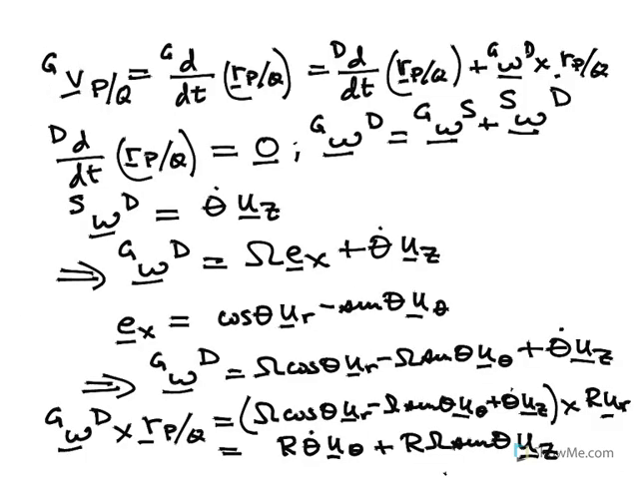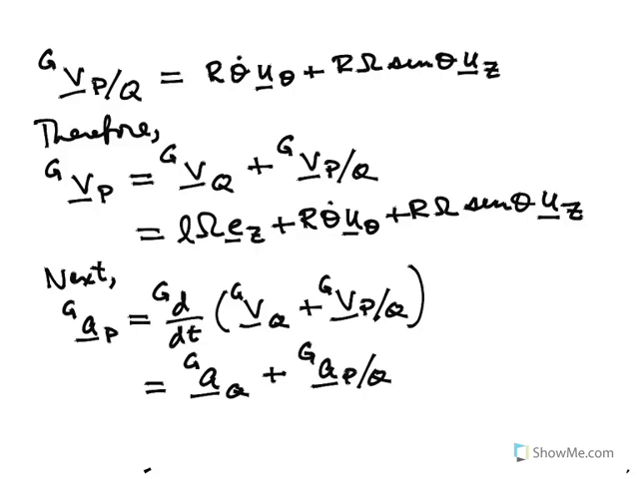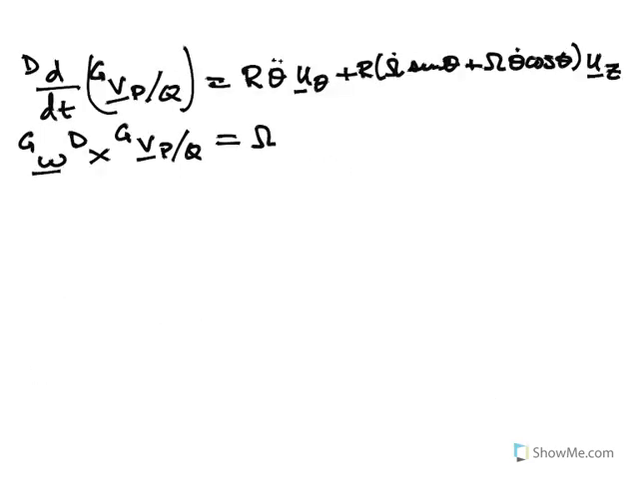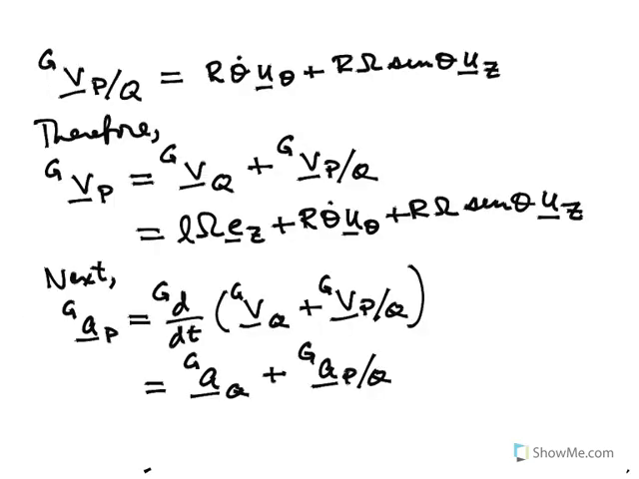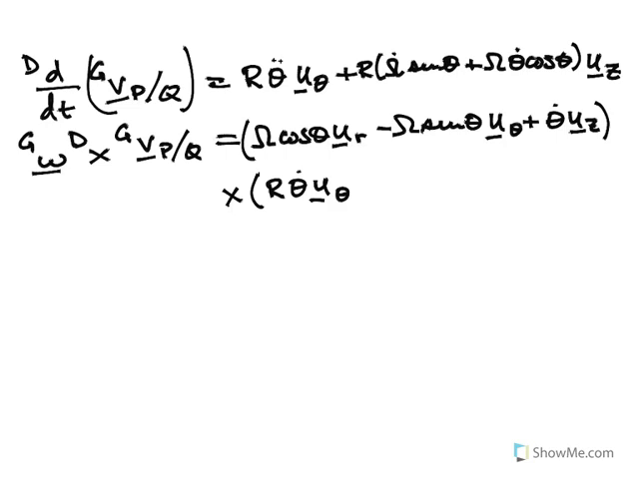The angular velocity was omega cosine theta ur minus omega sine theta u theta plus theta dot uz. So I got omega cosine theta ur minus omega sine theta times u theta plus theta dot uz, crossed with r theta dot u theta and then plus r omega sine theta uz,